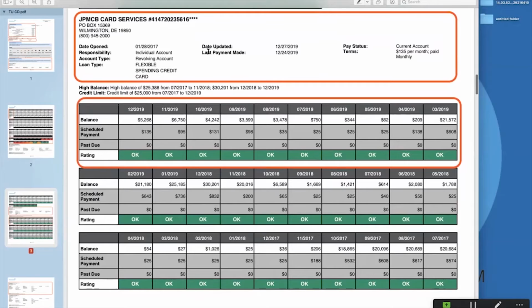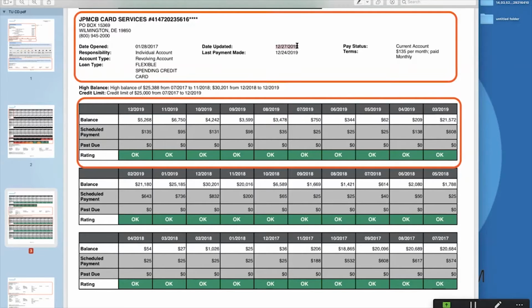So here is date updated, last payment made. When was it? Now, some people have said Equifax talks about date reported. So you may want to start with date updated as the reporting date, and then call the credit bureau, or in this case, JP Morgan Chase Bank, and ask them, what is my reporting date?